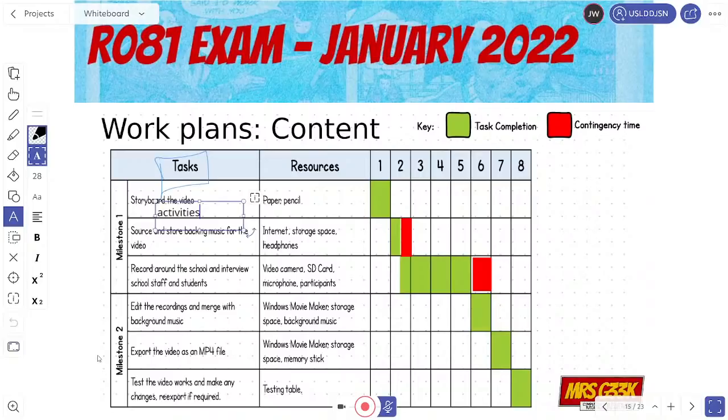So for example, with your R082, you might need to have a section where you've got all of your research done by, and then a section where you've got all of your actual preparation for your digital graphic done by, and then you might have one for making the graphic, and then you might have one for reviewing the graphic. A little bit like the LOs that you've got, LO1, LO2. You can think of those as the milestones. So milestones are really useful to have, and I do recommend putting them in there if you've got the opportunity in the exam. Then we have got on here the actual task completion.